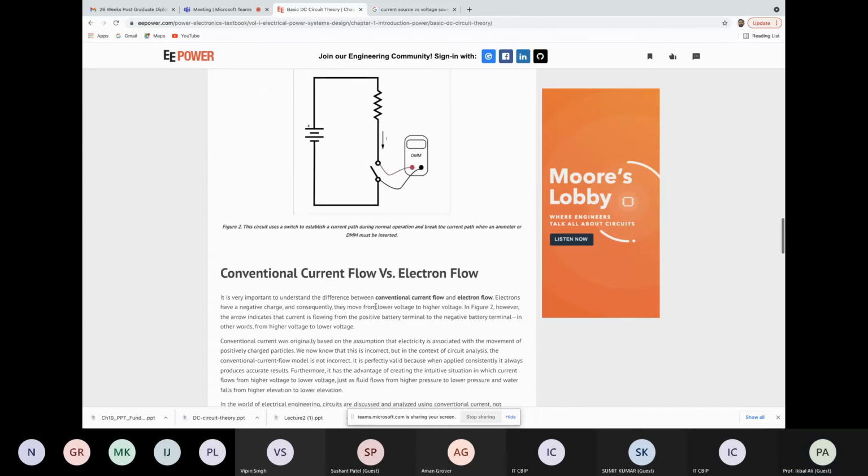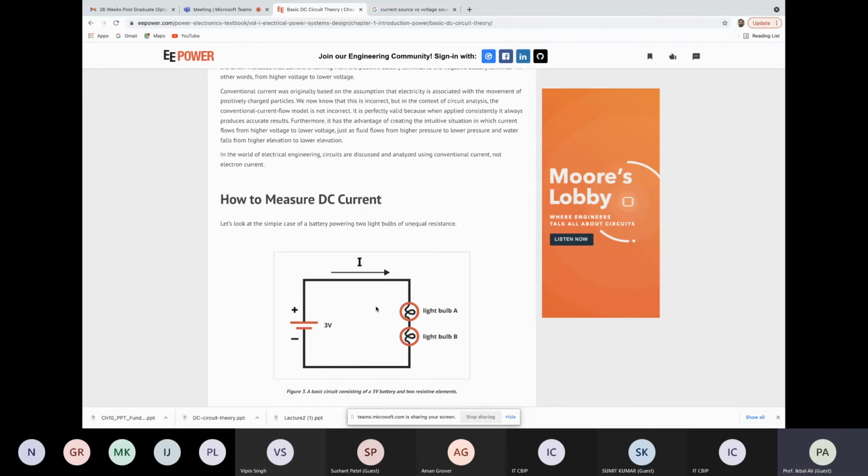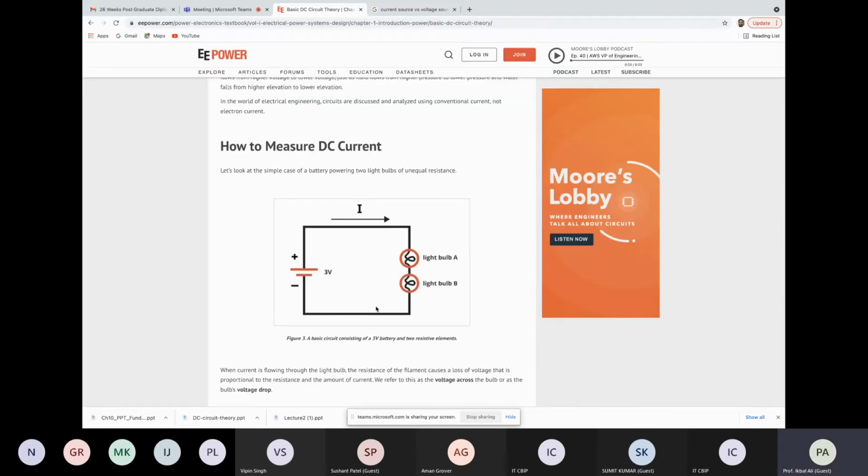This example you would have seen in your laboratories, okay, or a similar kind of series and parallel connections. They appear in our domestic electrical wiring also. So this simple example